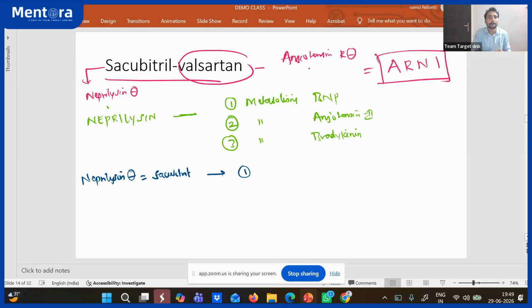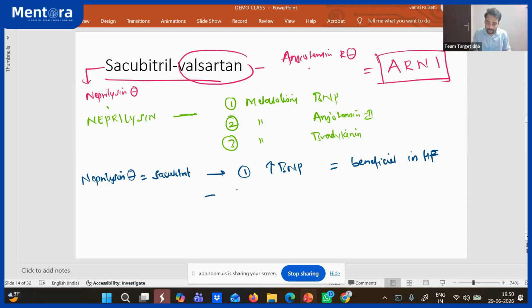Number one, you cannot metabolize the BNP. So there is increased brain natriuretic peptide. Okay. If brain natriuretic peptide is increased, more natriuresis will happen, more water will go into urine, more sodium will go into urine. So it's beneficial in heart failure. Accepted? Okay. If you give a neprilysin inhibitor, you are not metabolizing the BNP. So BNP levels are elevated for more time. So you'll have more diuresis, so more decrease in preload. So more beneficial in heart failure.